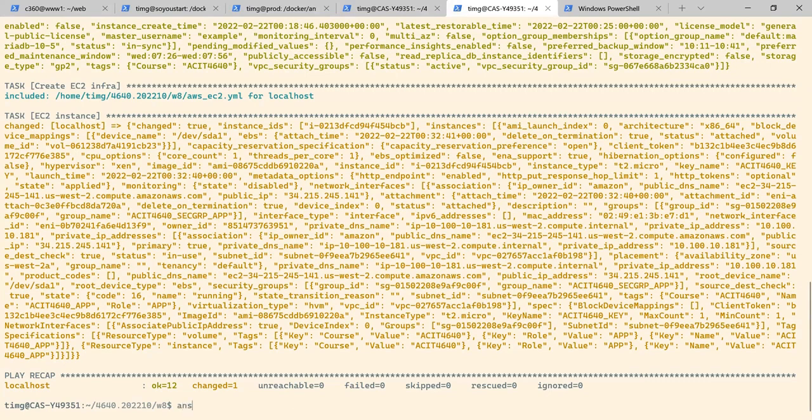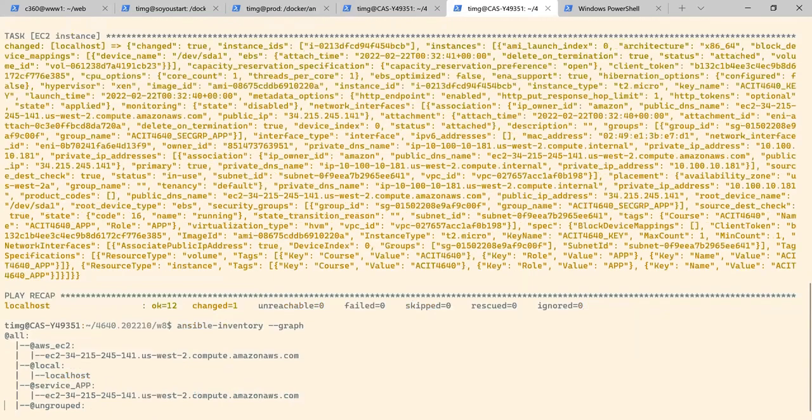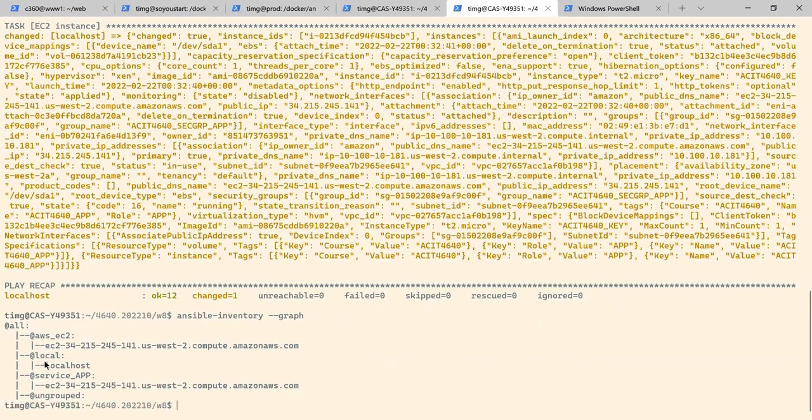Here, I can double check that it does show up in my inventory. I have it here. I don't have a service DB anymore because obviously I'm just using one application instance, and there is no EC2 instance tagged with DB, which is what I want. But here I can apply my provisioning to this